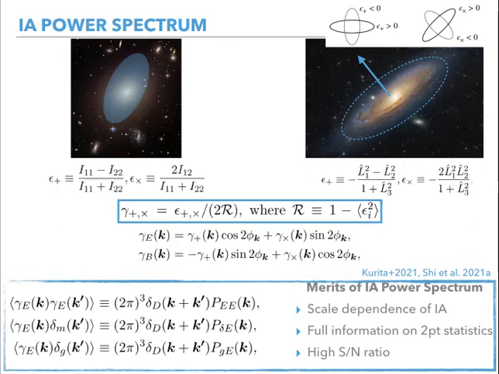For each galaxy in the simulation, we measure the shape. We characterize the shape by the ellipticity, using both the stellar distribution and also angular momentum. With the ellipticity, we can obtain the shear of the galaxies. Here, R is the responsivity parameter, which is just 1 minus the dispersion of the ellipticity. And we did the E mode and B mode decomposition to make our results more